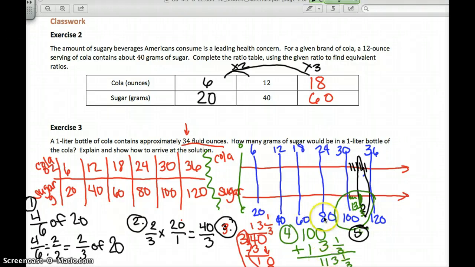Okay? So there will be 113 and 1/3 grams,